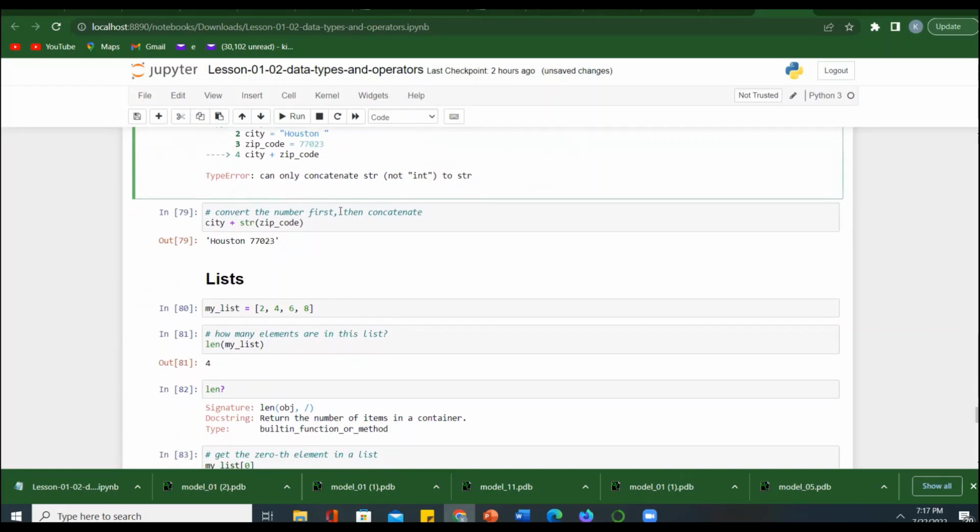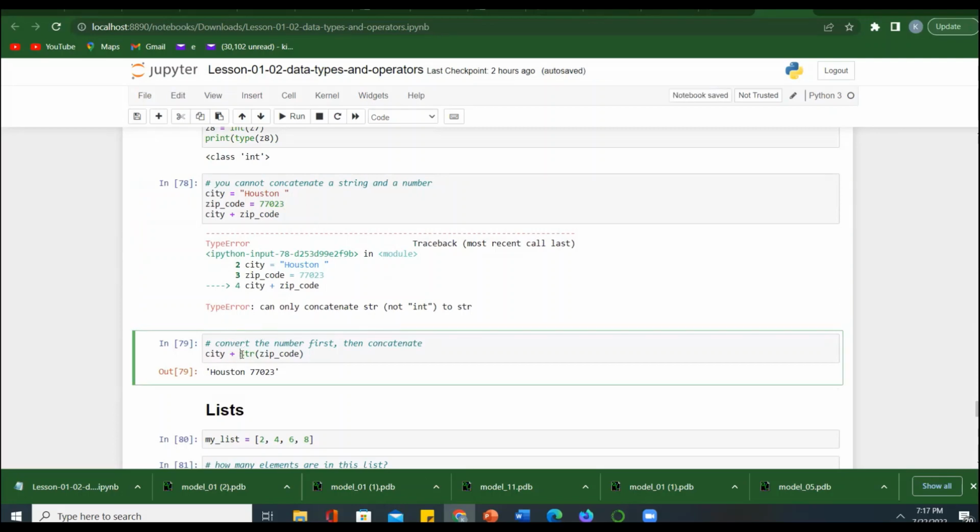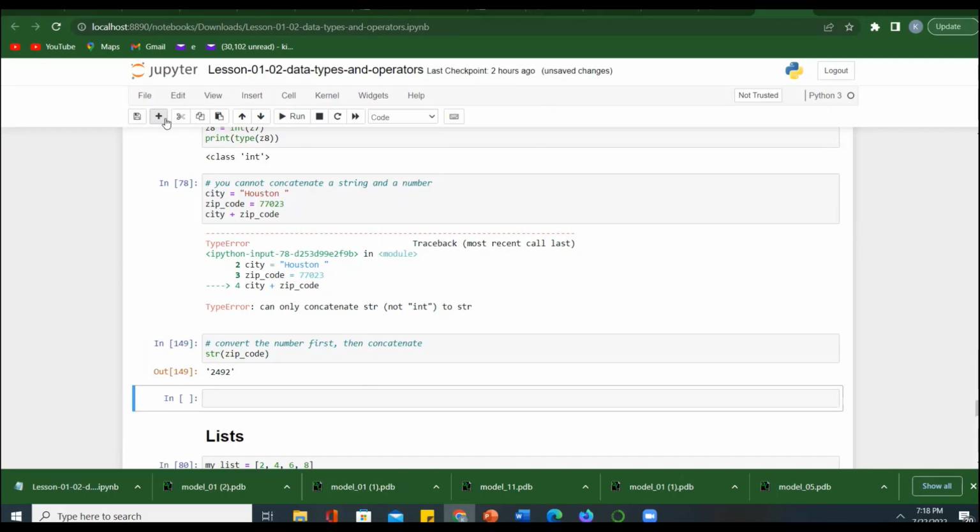Another thing is, in this case, you can convert the number first, then concatenate. So in this case, city is Houston, right? Zip code is an integer. You can convert the Houston zip code to a string and add them together. So let's do this. We want to convert zip code to an integer, right? It's now an integer. So once it's an integer, let's now add